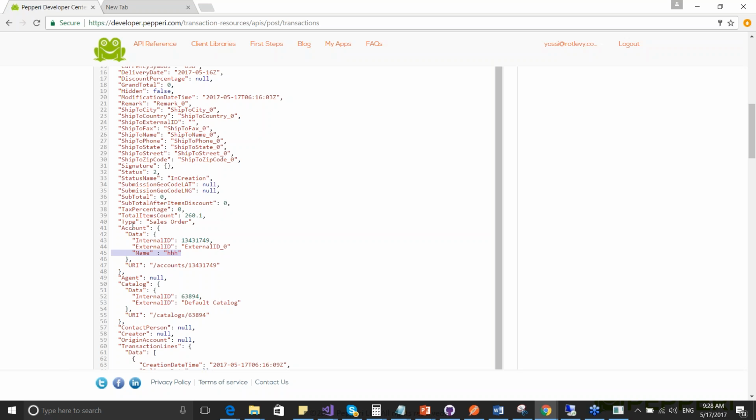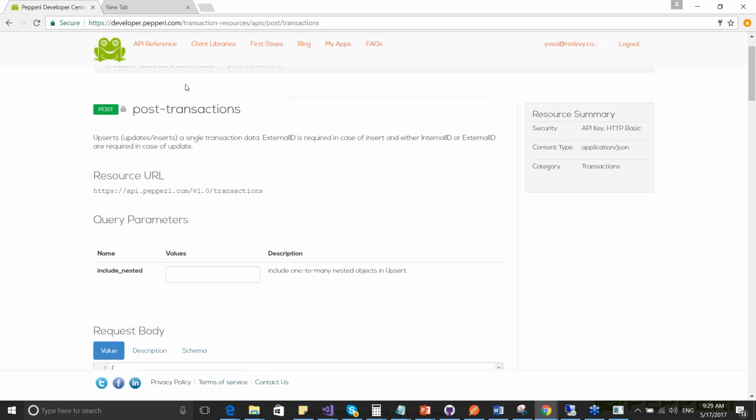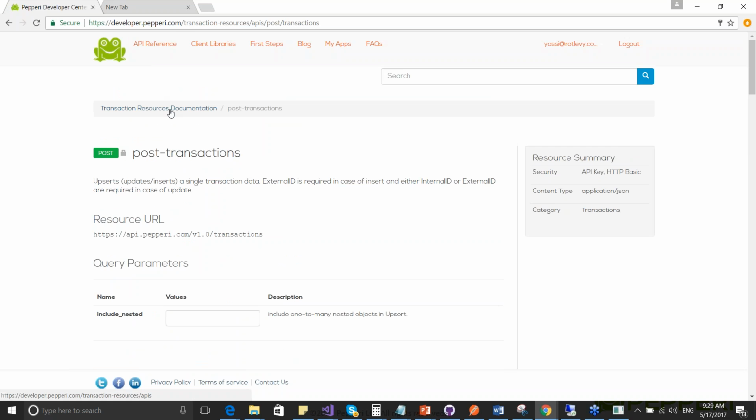The existence of these objects here is only for you to be able to change, to assign a different account. I can assign a different account from here to the transaction. I can assign a different agent. I can assign a different catalog. So if I want to assign an agent to the transaction, I would go to the